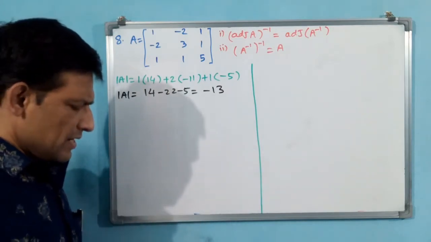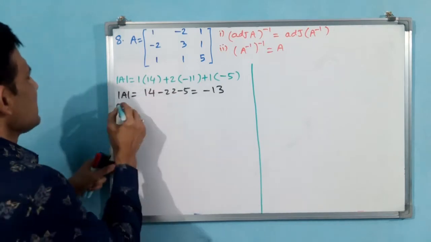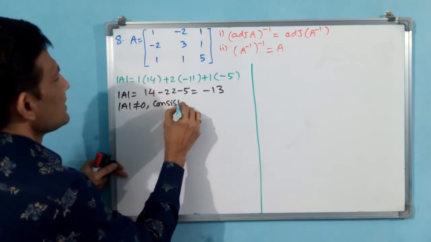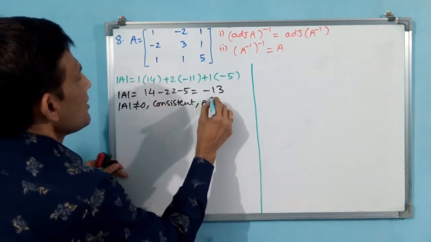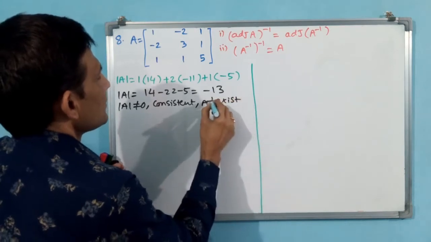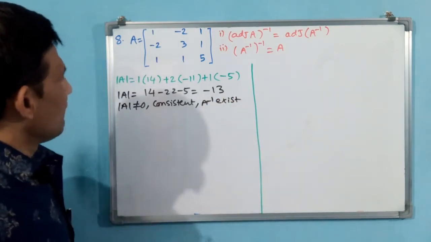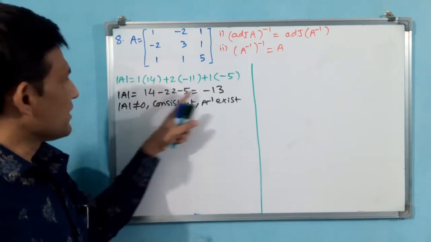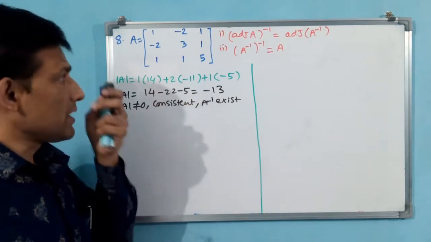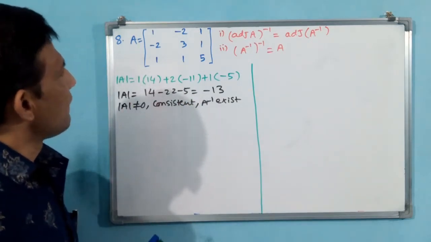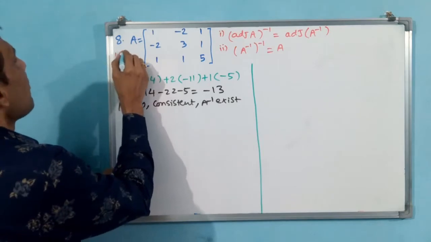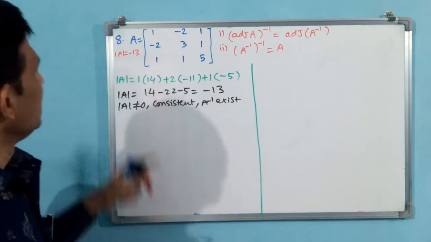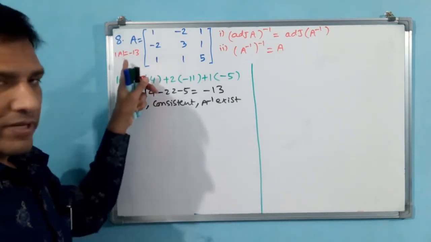Anyway we have to verify A inverse exists; you write that as standard practice: not equal to 0, consistent, so A inverse exists. Further we proceed. After finding, determinant A is minus 13. Keep it in your mind. I will write it here, because all are required for us. This is a big question, several times we have to clean the board. Determinant A is minus 13, I have written it on one side.